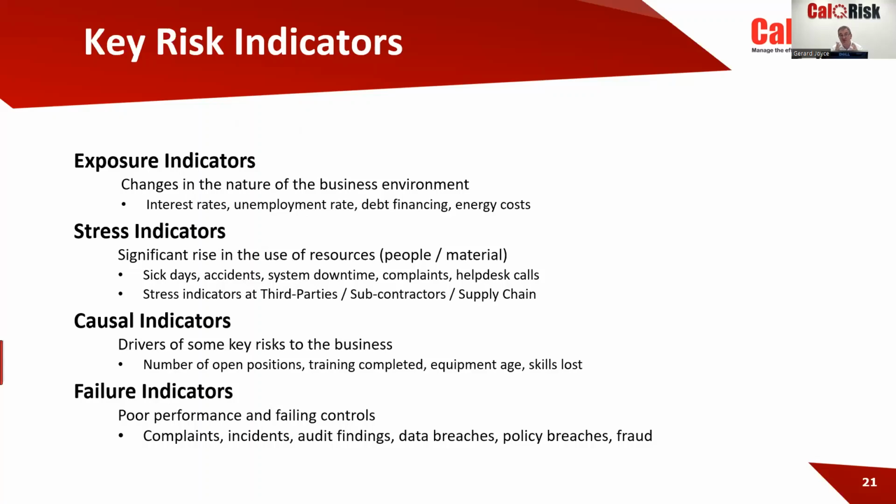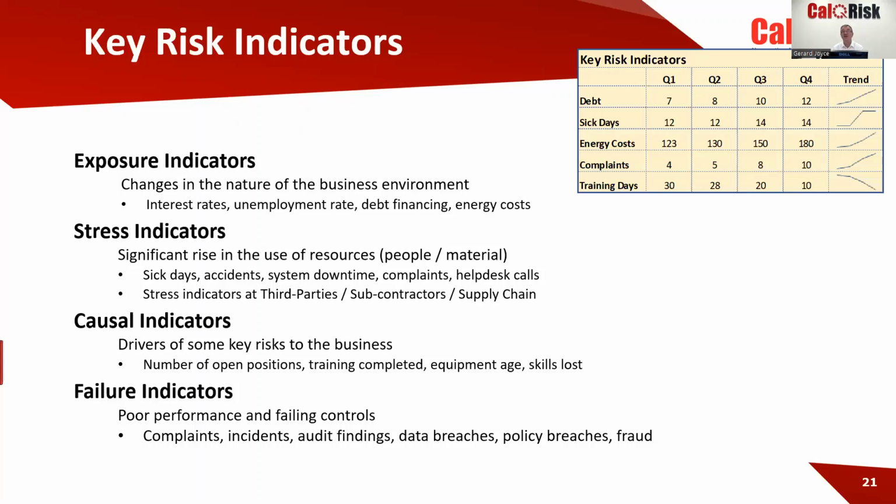If it's equipment age, and I had this some years ago when a piece of equipment we had, an IT backup system, was 8 years old, and it started failing as much in 1 day as it did in 1 month. And we replaced it before it failed completely. And then the last one, poor performance; complaints is a good one. Incidents, guys: if you're not getting reports on incidents, loss events, risk events, and they don't have to be big incidents. It's often the small incidents that are precursors to big incidents.